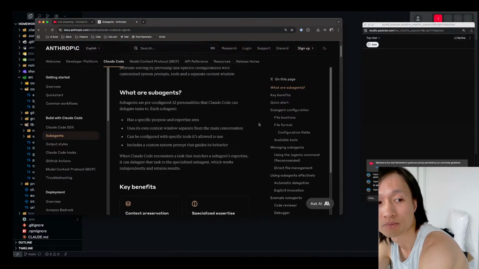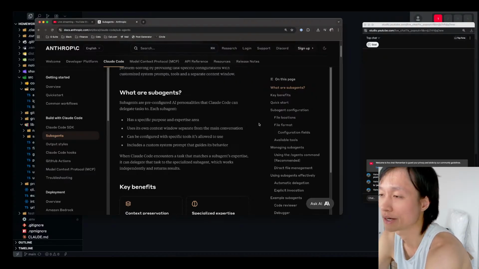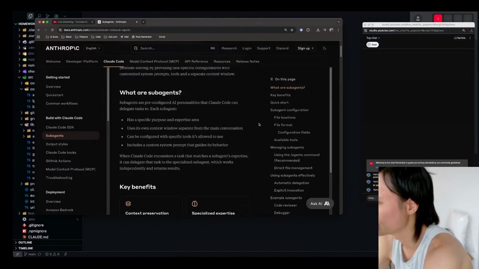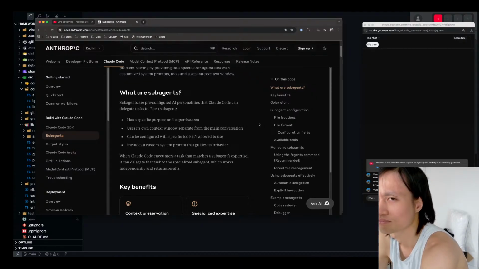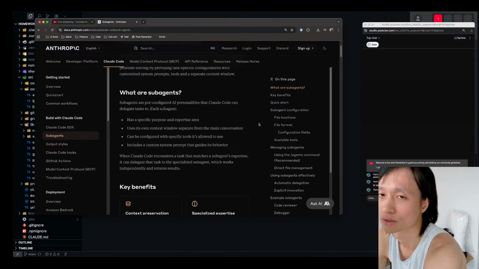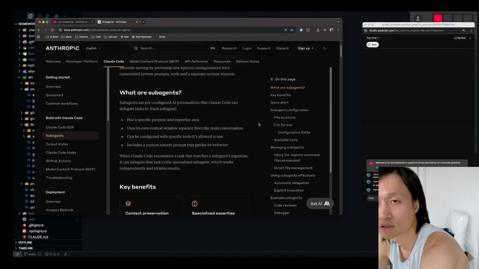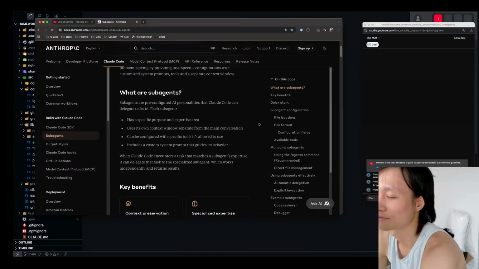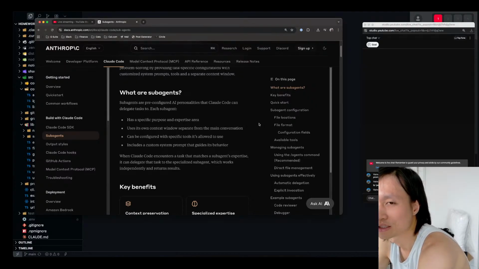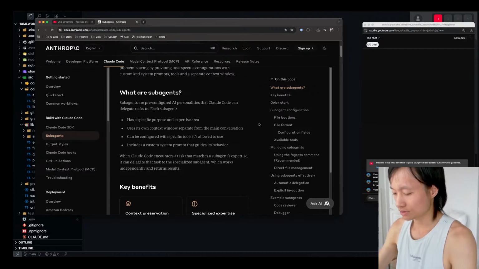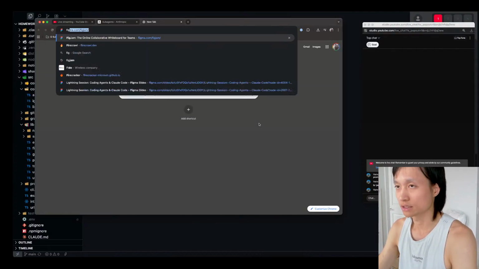So let's say you have an MCP server that does all kinds of QA stuff. Maybe you have 5 of these MCP servers, and MCP servers have God knows how many tools in them, right? So you probably shouldn't give your main agent loop all the tools, right? But you kind of treat these sub-agents as specific categories of tool users. So if my understanding is correct,